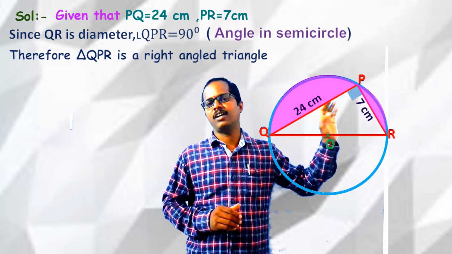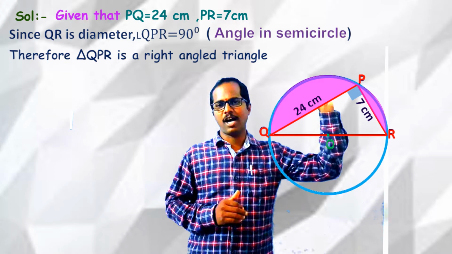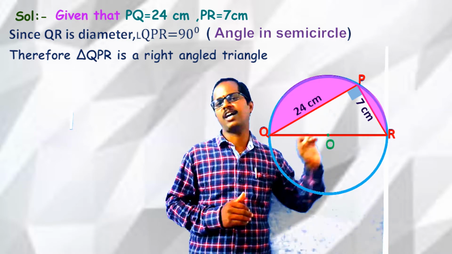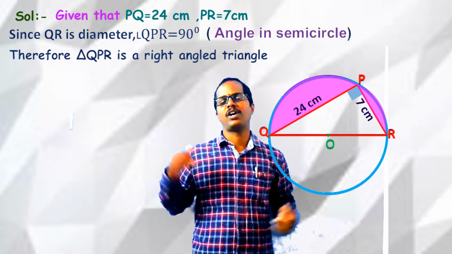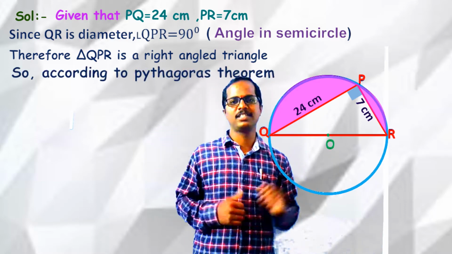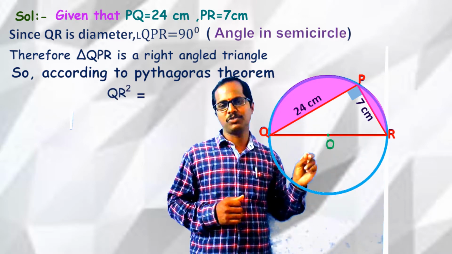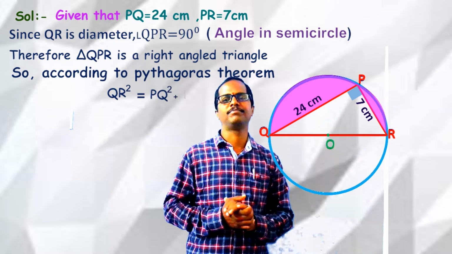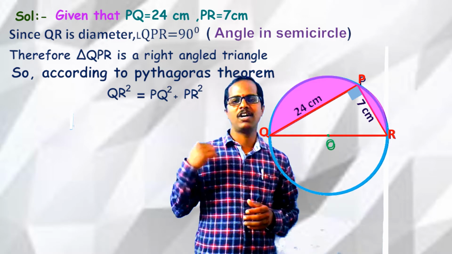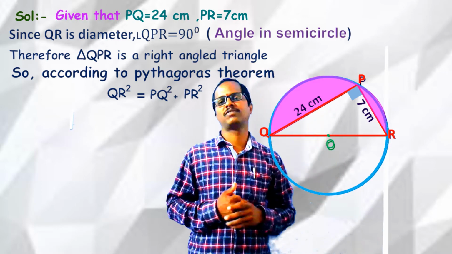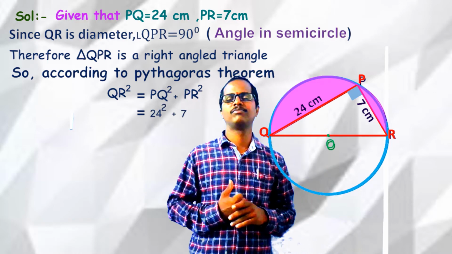So here we have the right angle at P. Therefore the side opposite to P, that is QR, is the hypotenuse, and the remaining two sides are the other two sides. According to Pythagoras theorem, we can write QR square equals PQ square plus PR square. Now let us substitute the given values in this equation. We have PQ equals 24 and PR equals 7. So on substituting that, we get